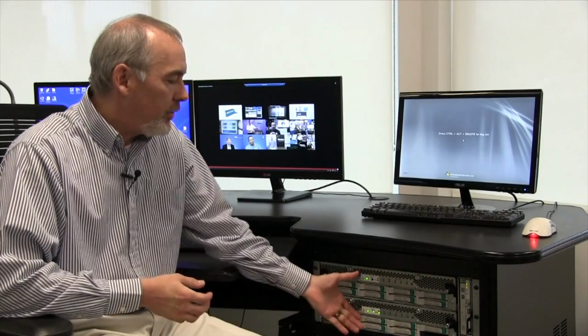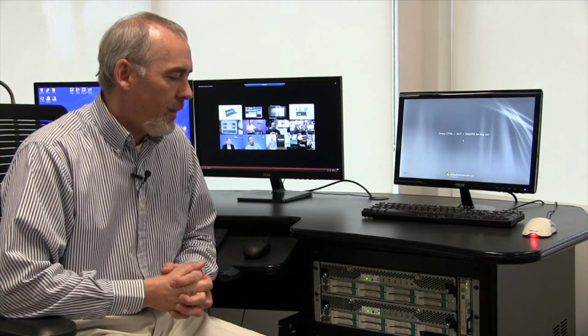So consider that for mission-critical applications where you can't afford downtime, something like a fault-tolerant server provides that extra layer of protection as compared to clusters or server farms or those kinds of things. It's a single device managed in one place, but gives you full